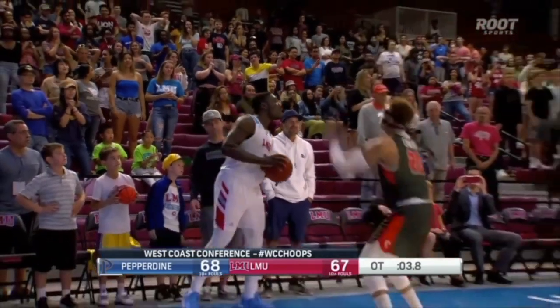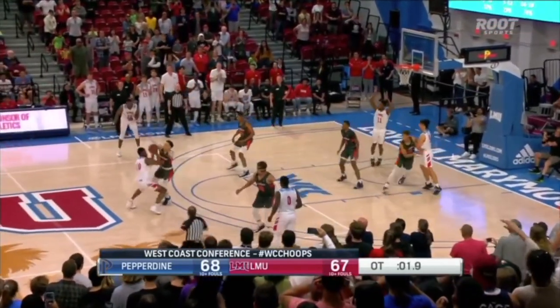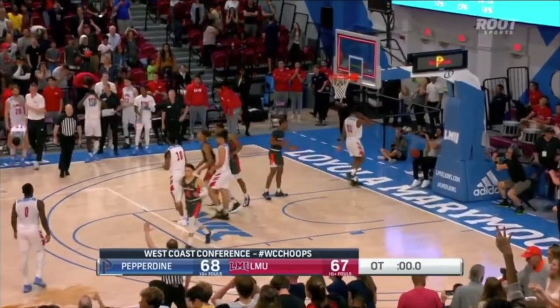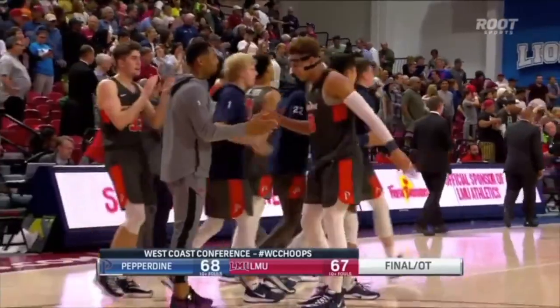Scott is the trigger man. Dos Anjos gives it up. Scott for the win! Pepperdine wins at Thurston Pavilion for the first time in 5